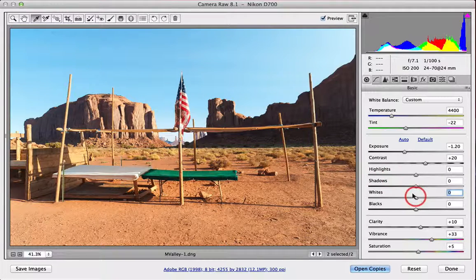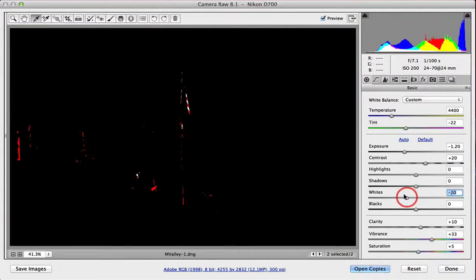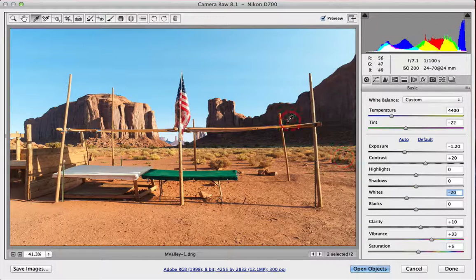We can see we're actually clipping a small amount of the whites and those brightest highlights on that flag in the central area. So what I'm going to do is I'm just going to drag that white slider down, and that's not proving too effective. I'm going to have to come a long way in order to pull that down. And so we're actually looking to perhaps do a localized adjustment to modify that. I'm just going to leave that down at -20 or so,